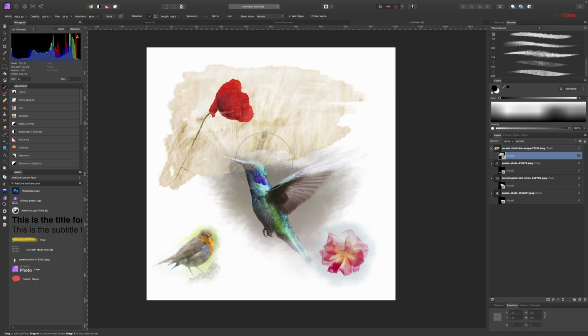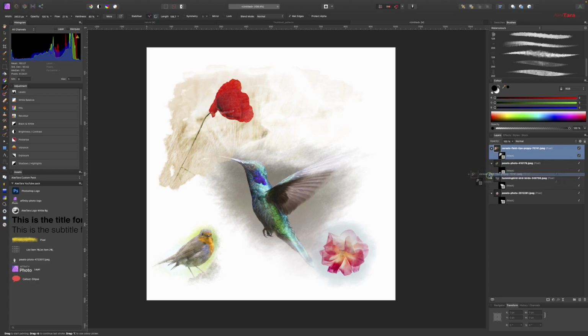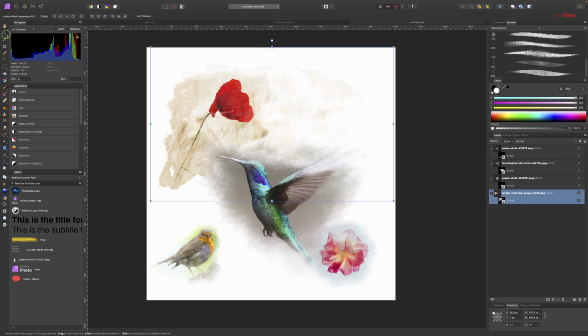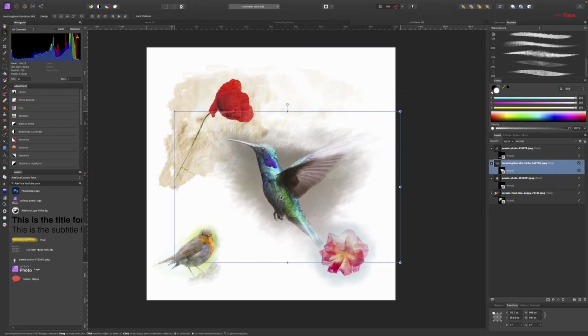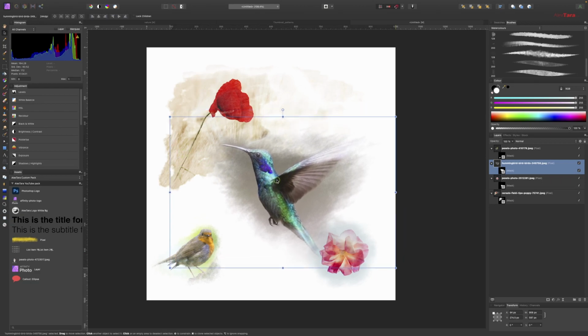Let me actually do something like this. Do this bigger. And go nuts. Try to delete a little bit the edges here. Okay. And take this and move it below. Something like this. So it looks like the bird wants to go to the flower there. Okay,